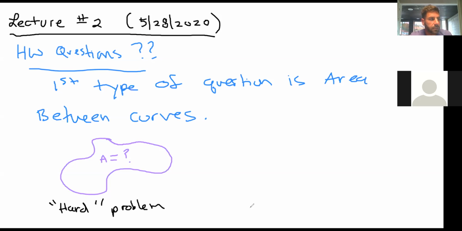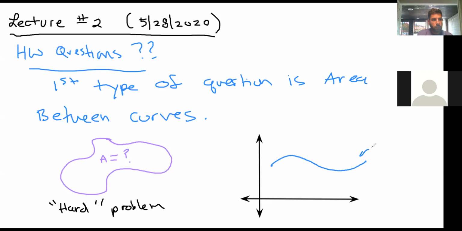But if we phrase it a slightly different way, by looking at more specific cases, for example, instead of just some arbitrary shape, let's say I have a coordinate system. And instead of some region like that, let's suppose I have some curve that has some algebraic equation, y equals f of x. That's another way of saying that we have some function and we're going to consider its graph. Now, what we learn in Calculus 1 is that if I restrict a certain region in the plane,